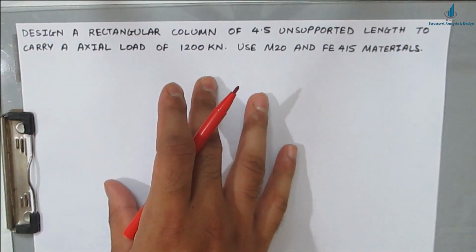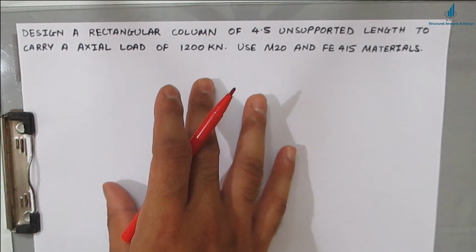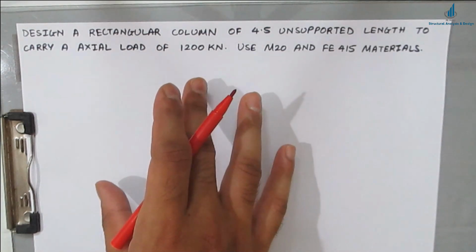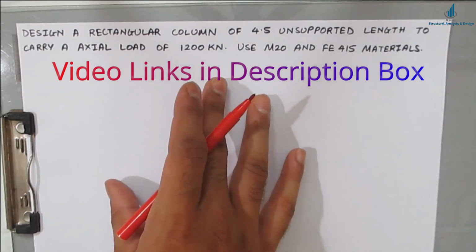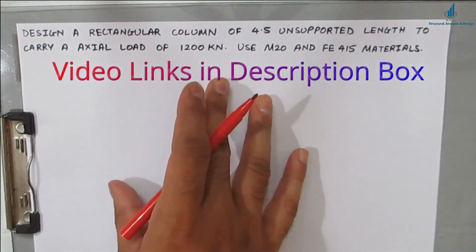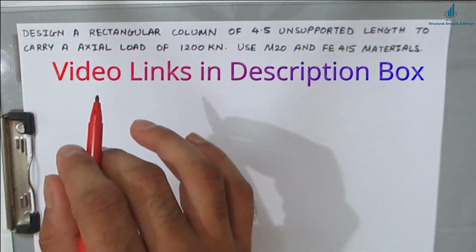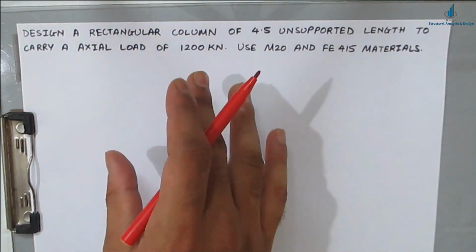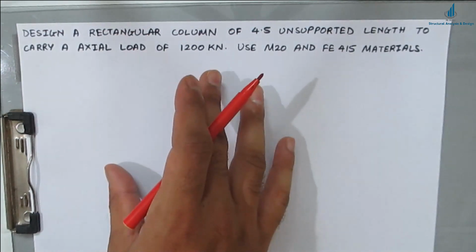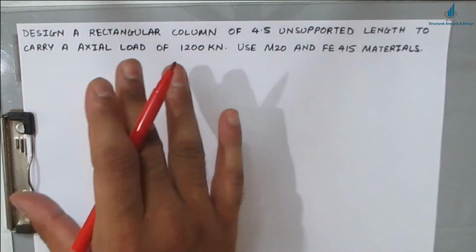So this is the series which we are doing on the design of columns. Previously I have done 3 more column videos. I will be sharing the link in the description box and also on top iCard, so you can just go through those videos. We have designed a square column and also a circular column, so both the links you will be getting. Today's problem will be on the design of a rectangular column. I will show you how to design a rectangular column which is axially loaded. Still we have not started with uniaxial bending and biaxial bending, so we are just into the axially loaded columns.